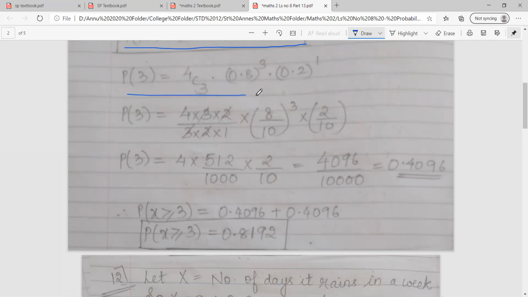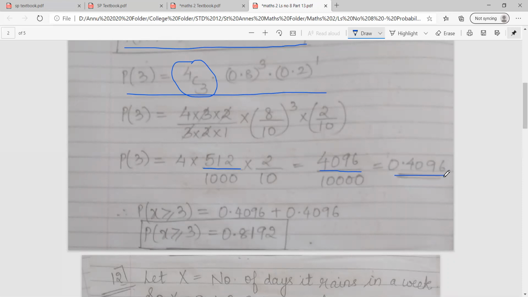So these are the values which I substituted in the formula. So 4C3 can be written as 4 into 3 into 2 upon 3 into 2 into 1. 8 upon 10 the whole cube into 2 upon 10 on removing the decimal. So 3 and 2 gets cancelled. So 4 into 8 multiplied 3 times gives me 512. And 10 multiplied 3 times gives me 1000 into 2 by 10. Again on multiplying all the numbers, I get 4096 because 512 into 8 is the same as 8 four times, which we did above. Again, I get the same answer,